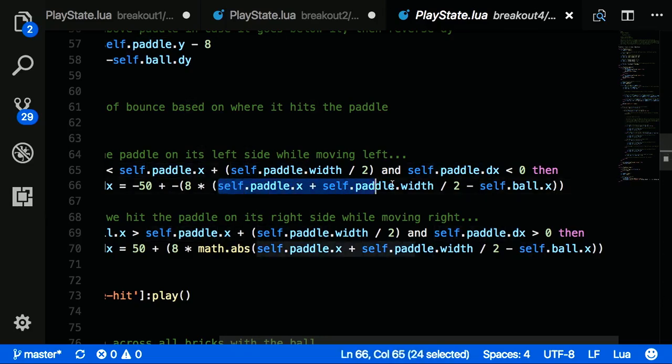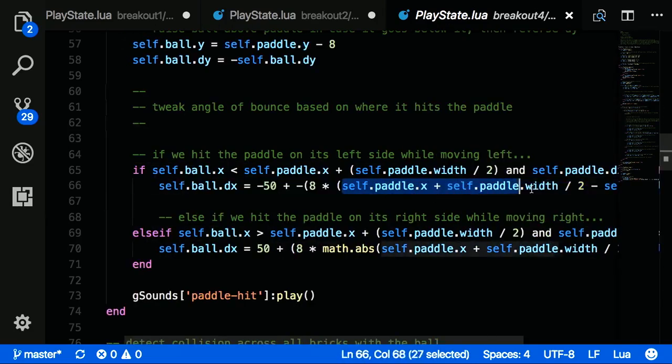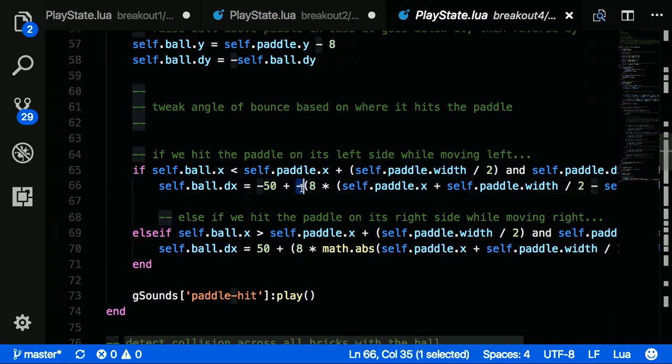And then we're just going to subtract the ball's x from the middle point of the paddle, and then just multiply it by 8. So whatever the difference is between the ball's x and the middle of the paddle, multiply it by 8, add it to negative 50, and then negate that whole value so that the whole entire value becomes negative. And we therefore get a sharper delta x depending on which angle it's come in at, and also whether or not we're moving left. And it's the exact same thing on the right side,